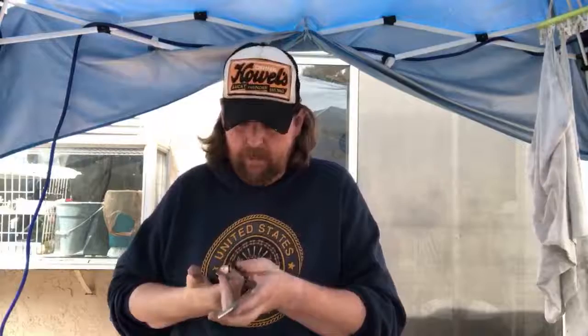I mean, basically what I've done is I basically reground the edge on this knife. I just did it by hand, as opposed to taking it up to the shop and putting it on a grinder, which there's a lot of,